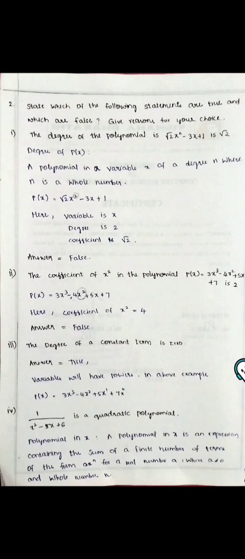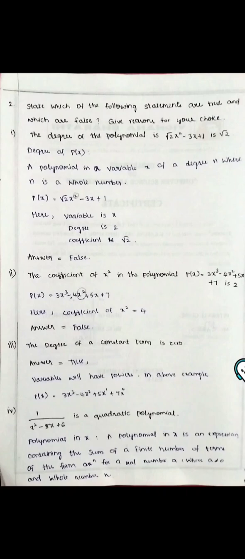And the third bit is, the degree of a constant term is 0. Yes, if we check the above p of x polynomial, 3x cube minus 4x square plus 5x, that means 5x power 1 we can say, plus 7x power 0. If it is x power 0, it will always be 1. So the degree of a constant term is 0. So that is true. Variables will have powers in the above example. I have given the